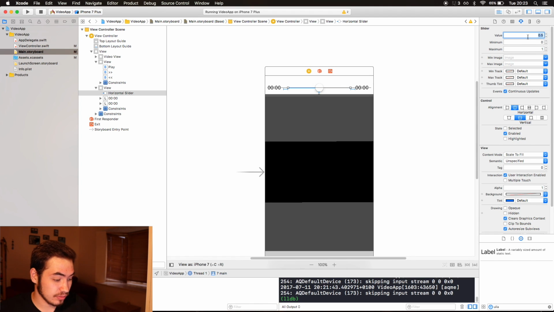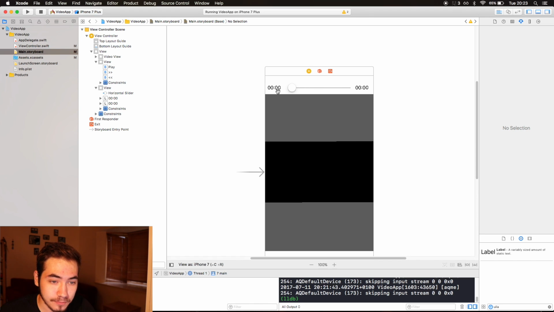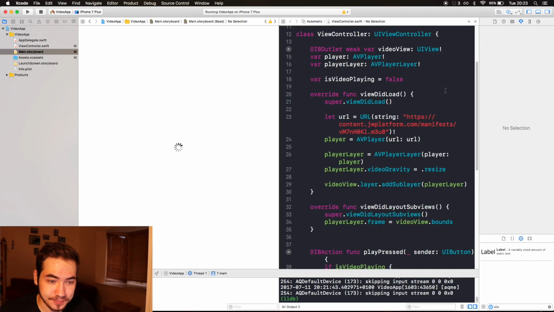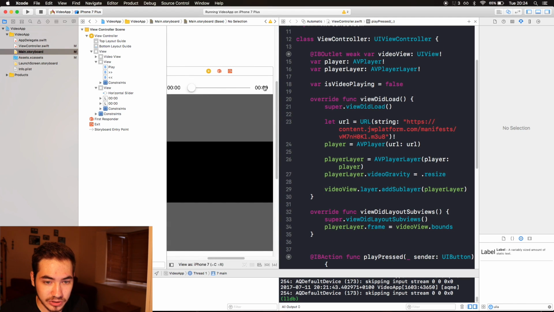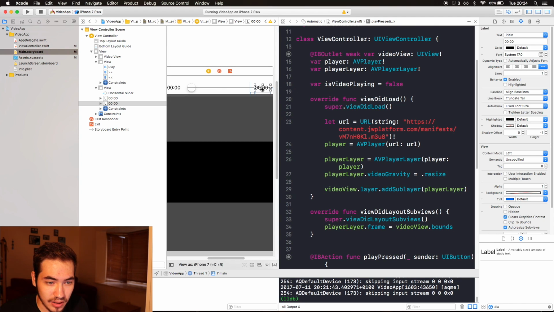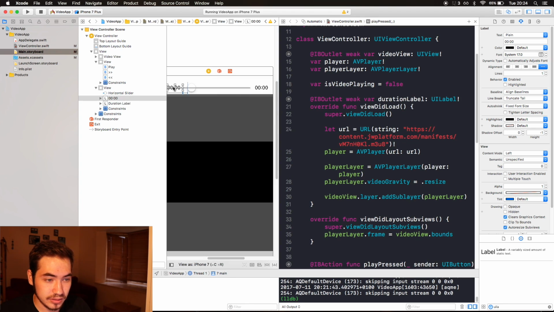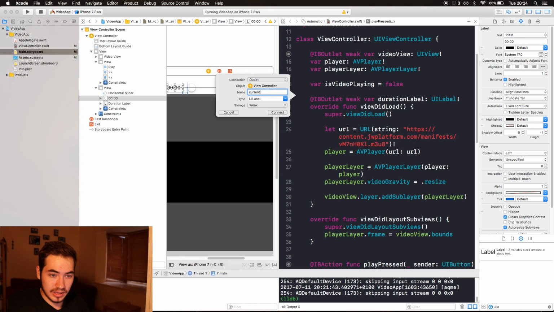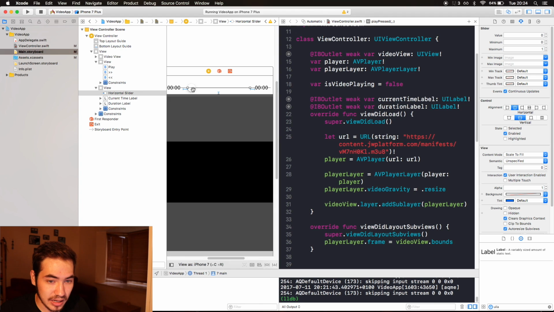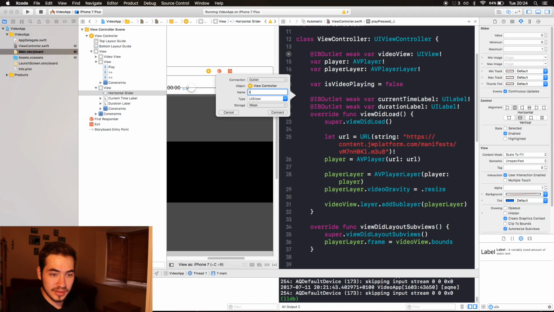The initial value of this one is gonna be 0. The maximum value for now is gonna be 1. And now let's go and connect those. So I'm just gonna right click and drag this one called duration label. Call this right here current time label. And lastly, the slider, call it time slider